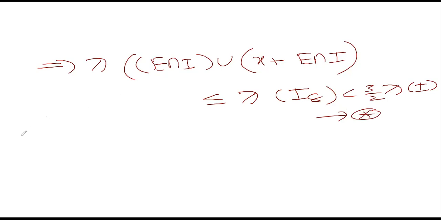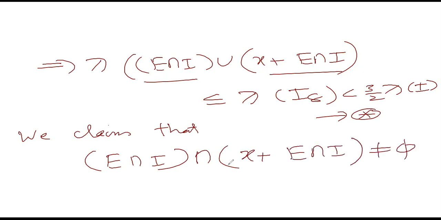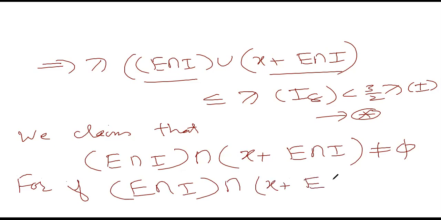Now, we claim that these two sets are not disjoint with each other. Now we claim that E intersection I intersection x plus E intersection I is not equal to the empty set. For if E intersection I intersection x plus E intersection I is the empty set,